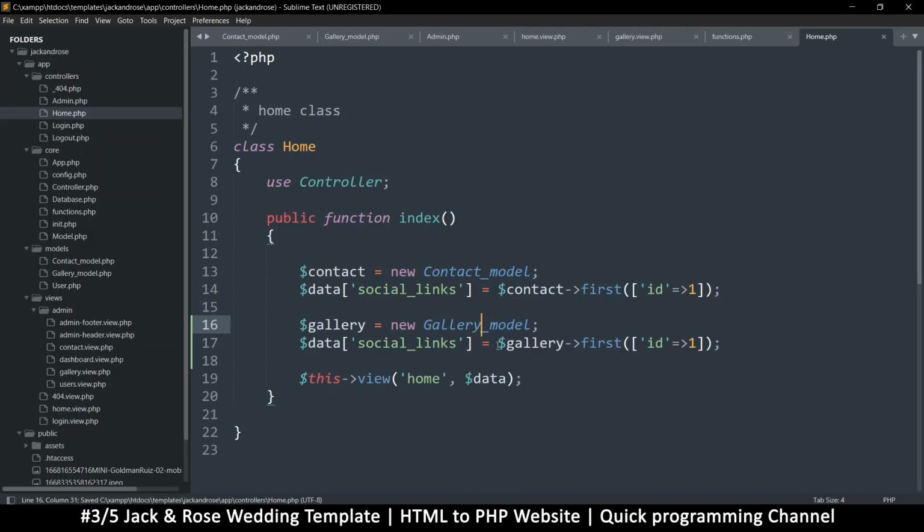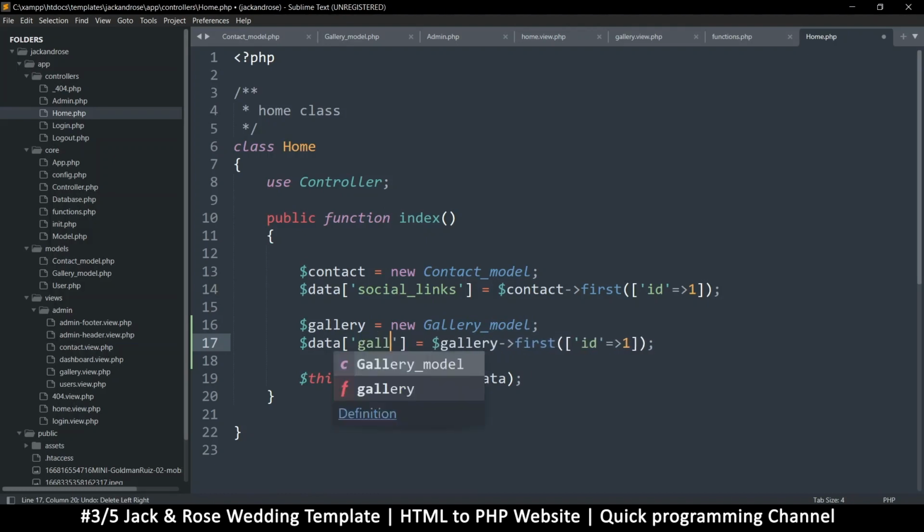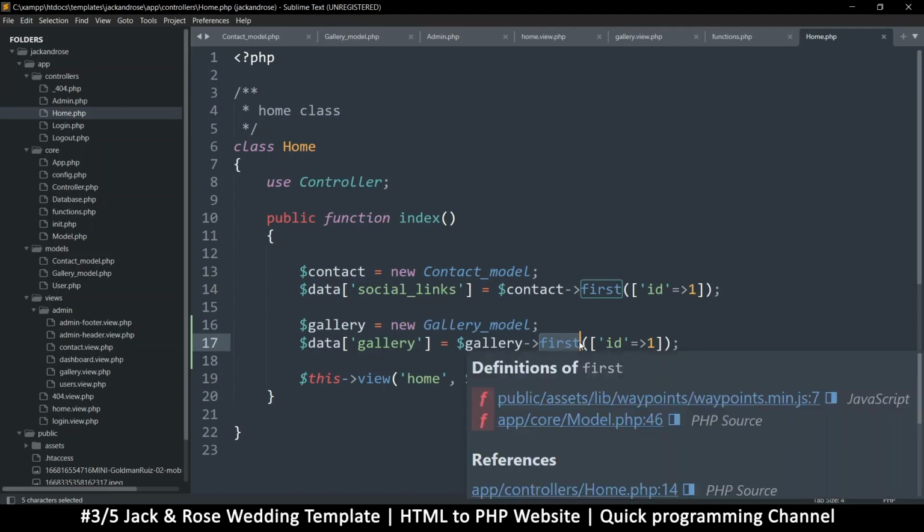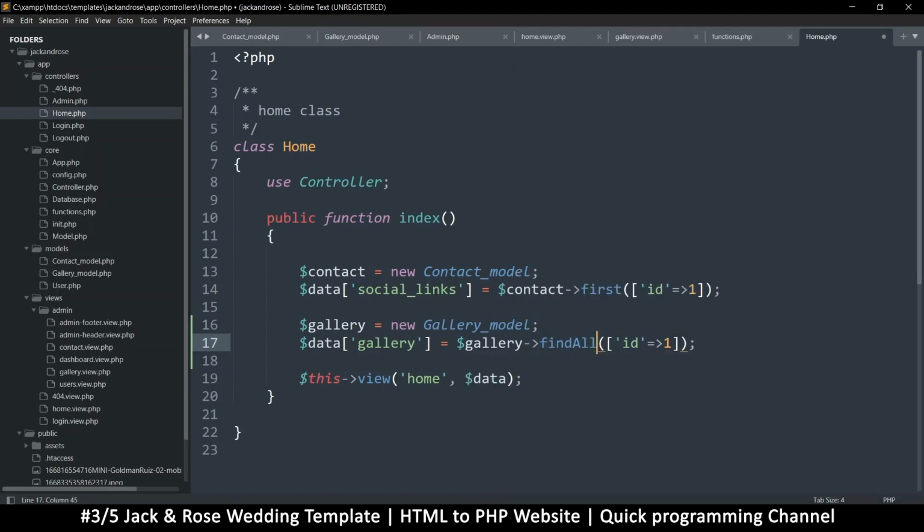And then, oops, let's put gallery there as well. Okay, this is fine. Now when we are searching, we're not getting just one row here, we are getting everything. So we just use the find all function, which doesn't take any params here at all. So great to get all the images. So they are inside gallery right now, which means if I go to the home view,